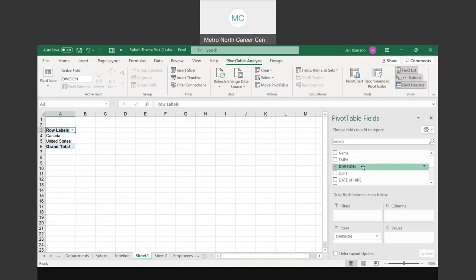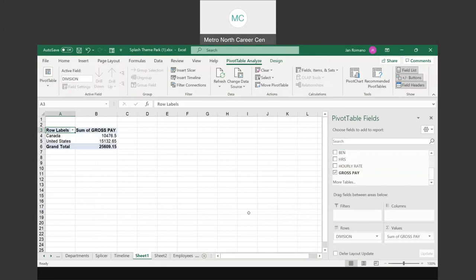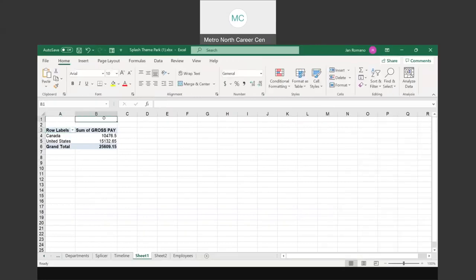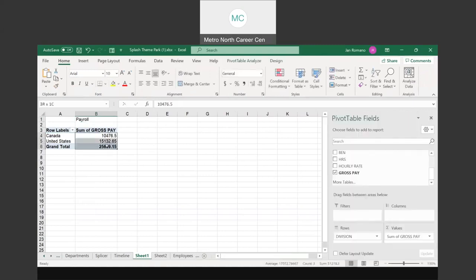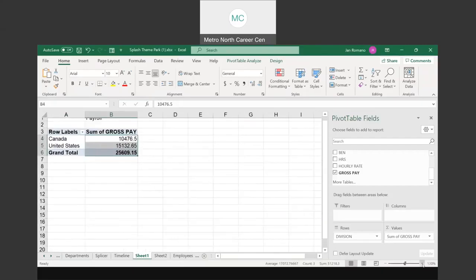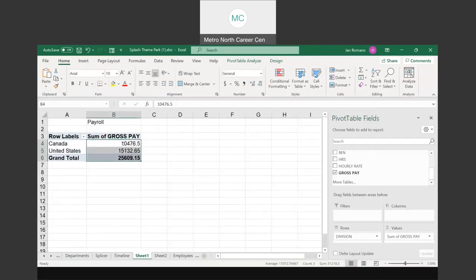Summing up the data, that's right. So let's say I want to sum up the gross pay. This is the salaries, the payroll for whatever date. Take a look. I'm going to highlight this column so you can see what I'm doing. Maybe I'll make this a little bit bigger as well. There we go. And I'm going to right click,